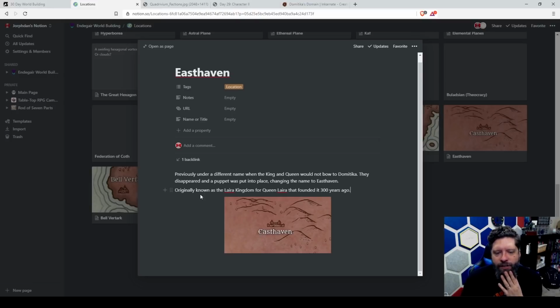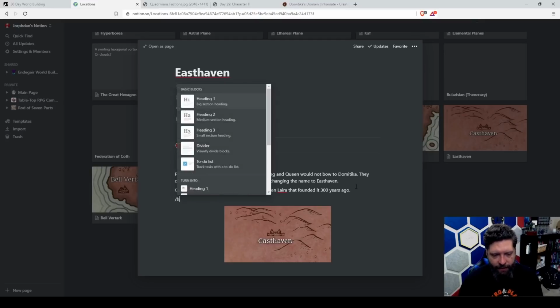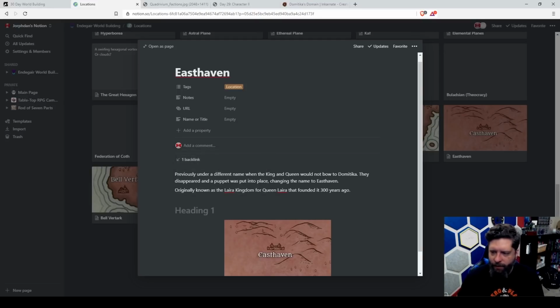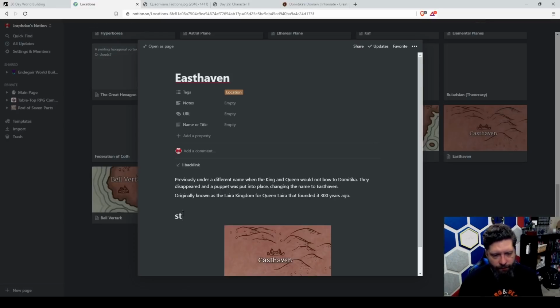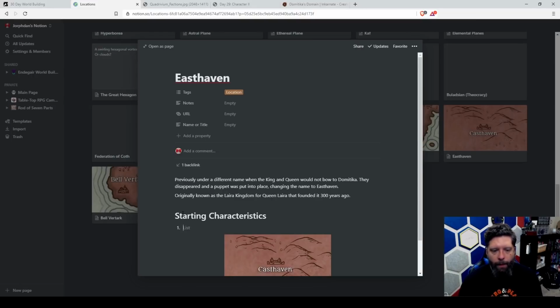And then I said originally it was known as the Lyra Kingdom for Queen Lyra that founded it 300 years ago. And I liked that idea. I liked that it was a queen. That was the idea that I liked. So if this is, what did I call that earlier in Wangrieve? Starting characteristics. I liked that. So starting characteristics are,